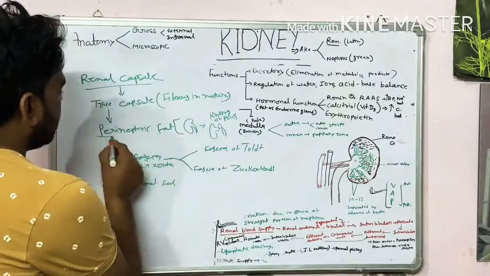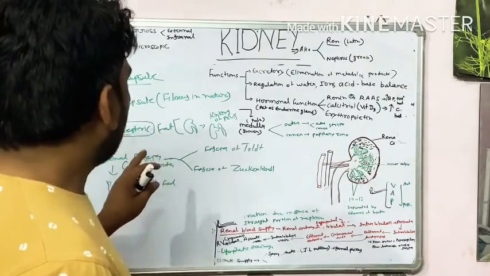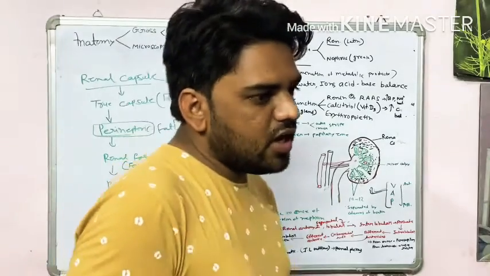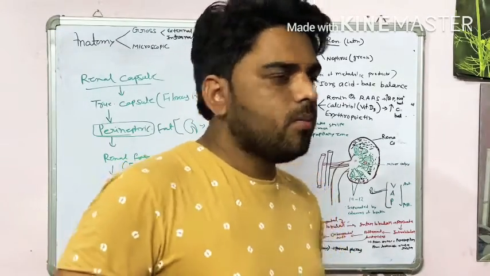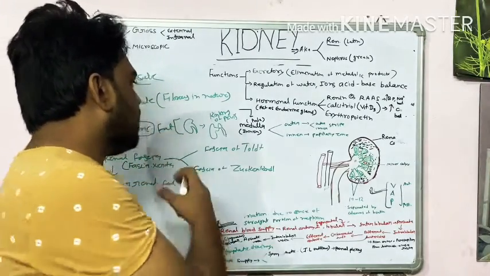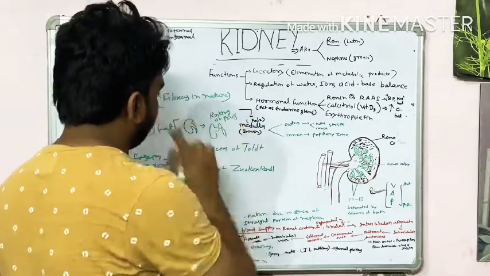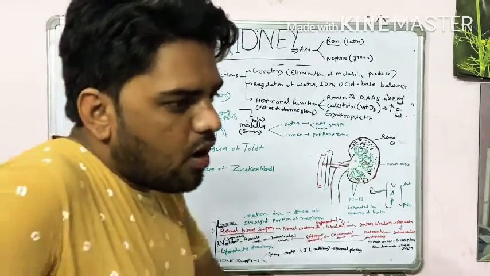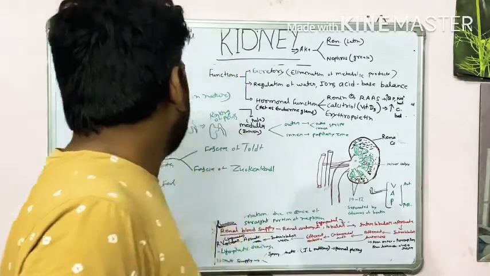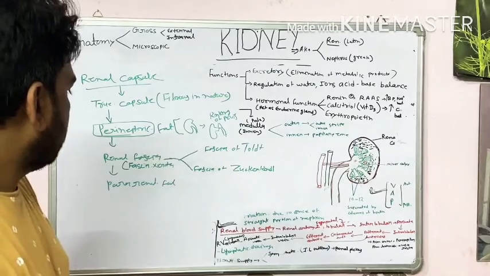One clinical relation is floating kidney. If the kidney loses its perinephric fat, the kidney will float up and downward, because of deficiency of this perinephric fat, which also causes kinking of the pelvis. The kidney will move up and down.